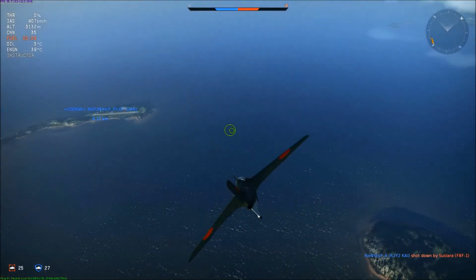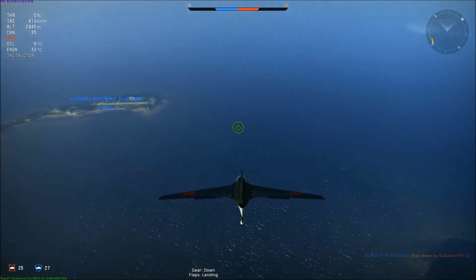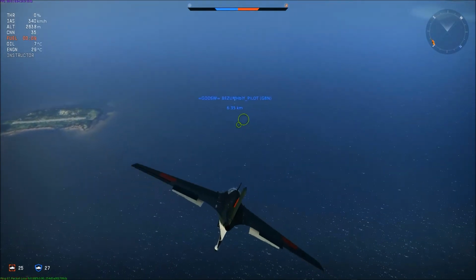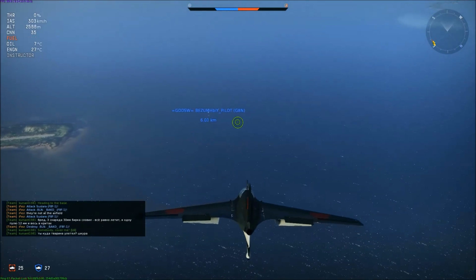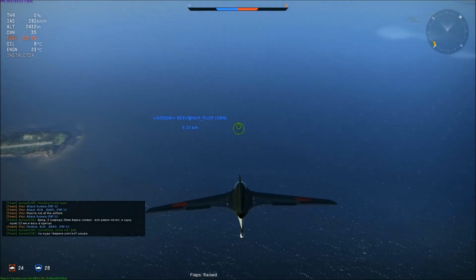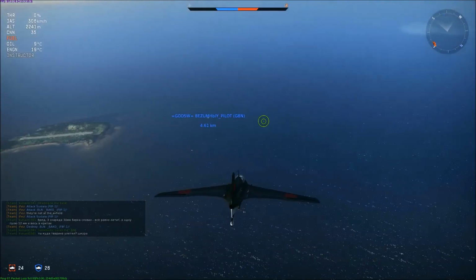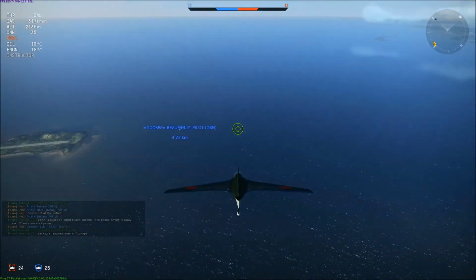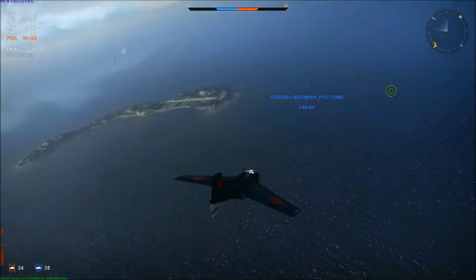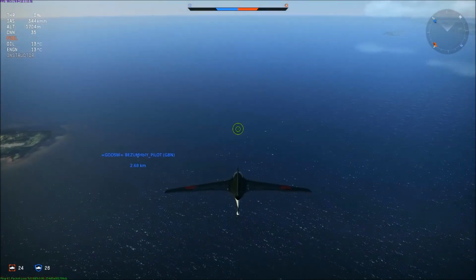So this landing, I'm starting from 3,000 meters. I'm deploying landing flaps, deploying gear. I'm just going to drop straight down to the runway. The reason I had to start from this high is because I was just dodging a Bearcat just before this landing. So I had to gain some altitude to get away from him. He eventually crashed, but because of this I had to start my descent from very high altitude, so I deployed the gear, deployed the flaps. Now I've retracted the flaps just to keep my speed up a bit. Don't want to slow down too much when I don't have to,